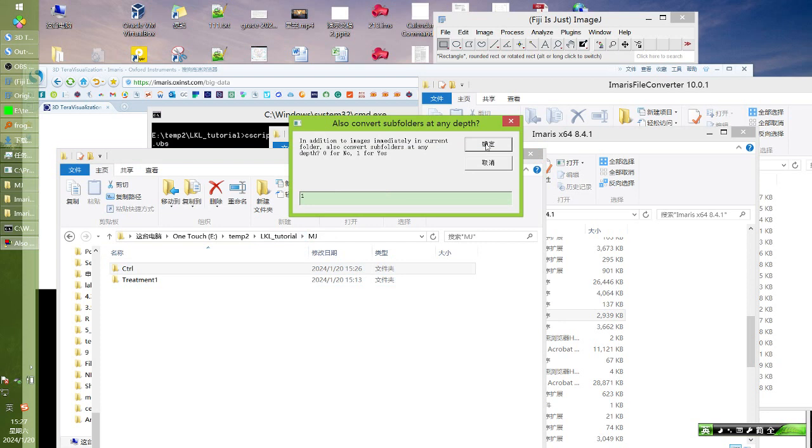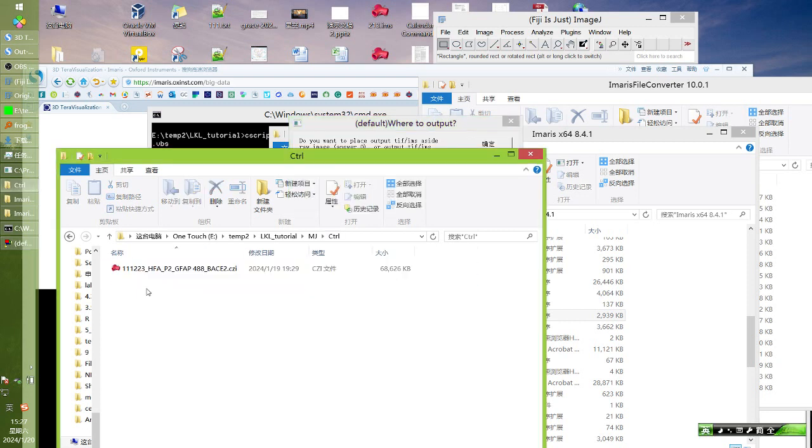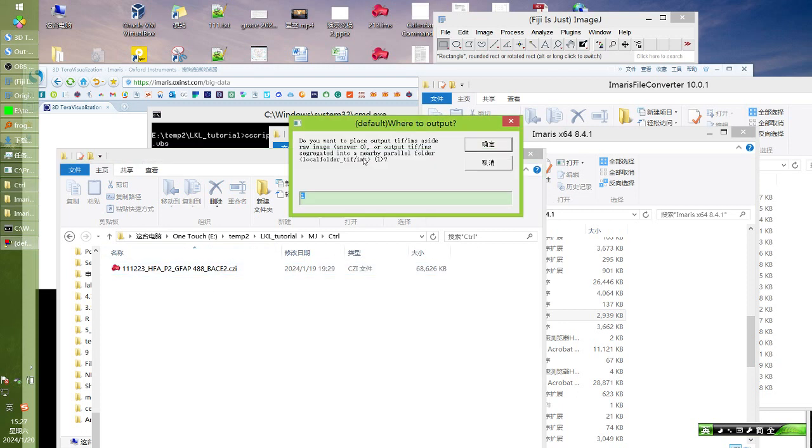Next, write output. Do you want to place the output TIFF or Imaris IMS files beside the raw images? Answer 0. If you answer 0, after conversion the TIFF or IMS will be placed nearby. Another option is a nearby parallel folder.